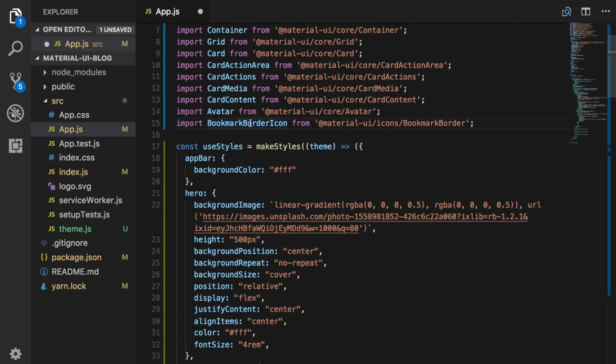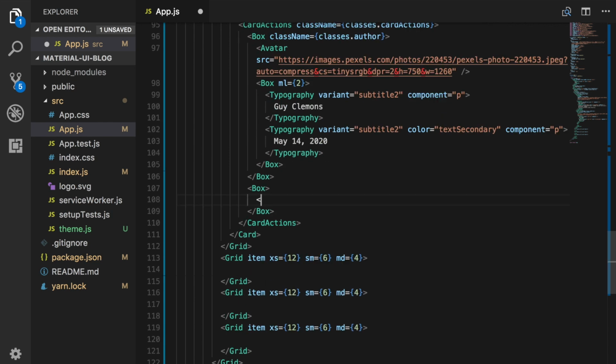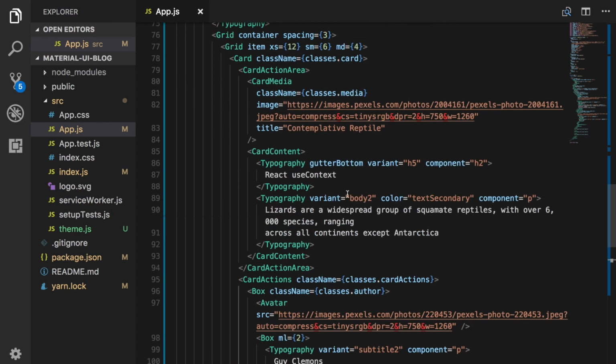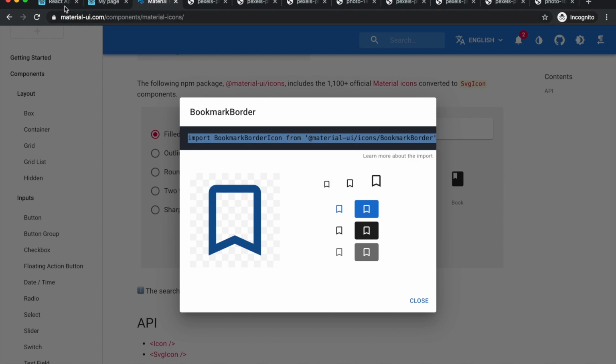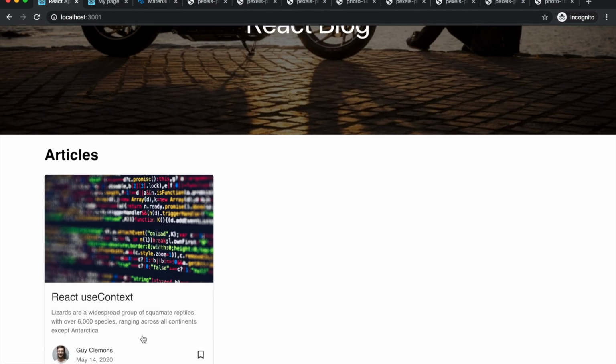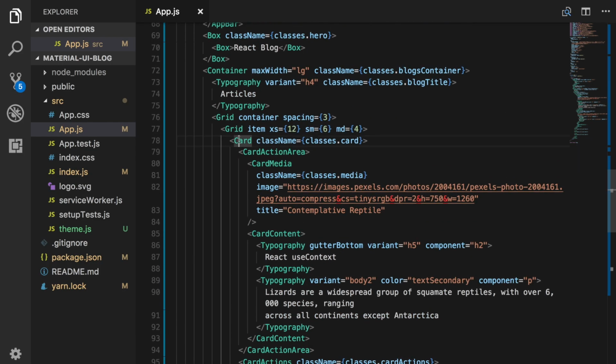Okay, and now we can make use of this component. Let's just copy that. Inside here, we'll add in our component. Okay, and we'll go ahead and save that. I think we should be good. Let's go ahead and look back at our page. Alright, so as you can see, here is our card, here's our text, and our avatar, the name, date, and the bookmark icon. And so now we can go ahead and just copy this